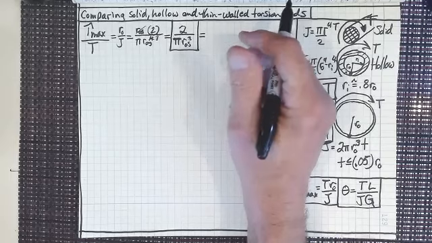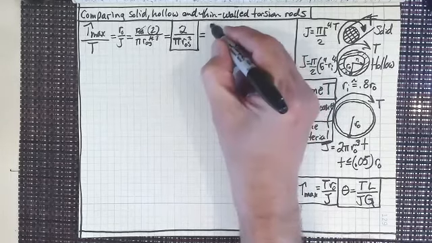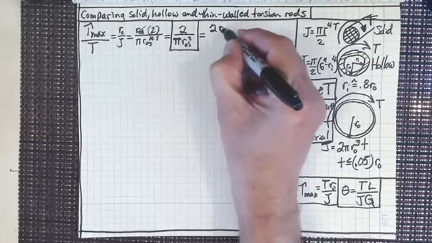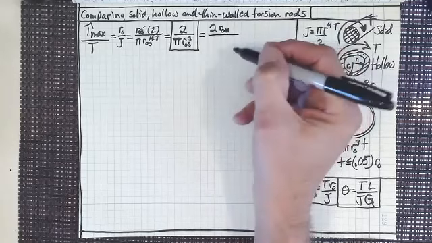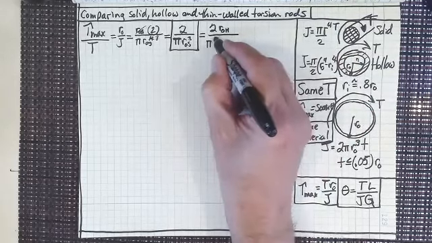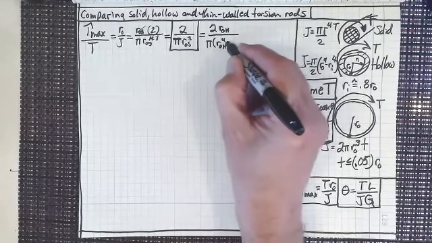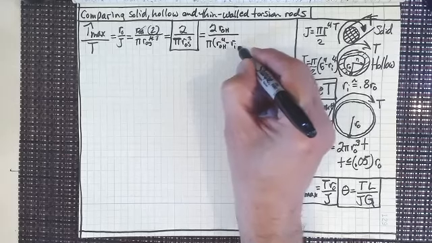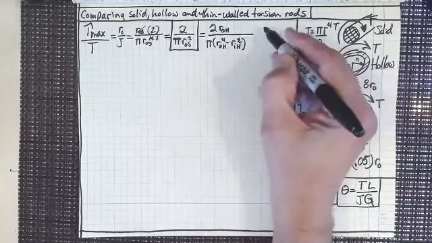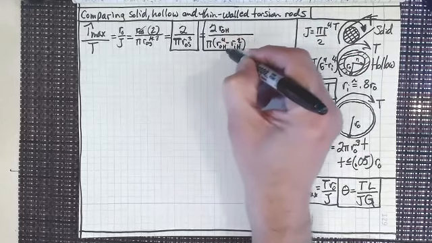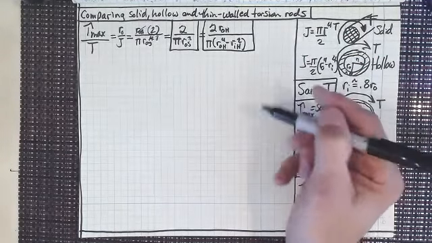All right, now, if we do this with the hollow shaft, I get the same thing, 2 times the outer diameter of the hollow shaft divided by pi times R outer of the hollow shaft to the fourth minus R inner of the hollow shaft to the fourth, right? So that's our second one. That's for our hollow shaft. And how about if I do it for the